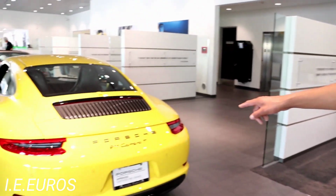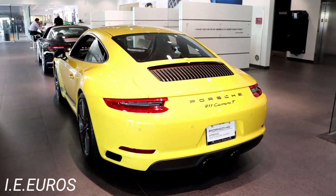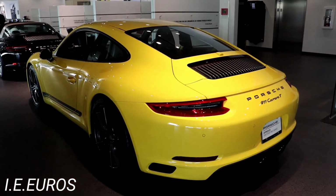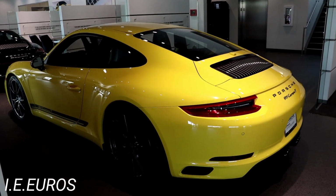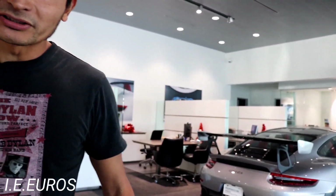If you are in the market to buy one of the Porsche 911s, I will recommend the 911 Carrera T. This is a car that comes with so many specs that are not on other Porsches, not even the Carrera S or Carrera GTS. The Carrera T comes with the rear windshield of the GT2 RS. The GT2 RS is a way more expensive vehicle and this one has it. And some other components, as for example,